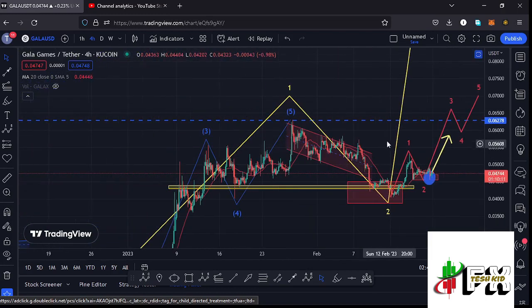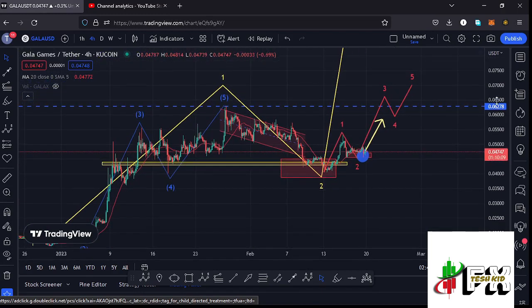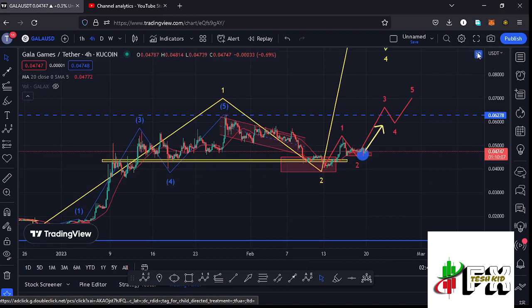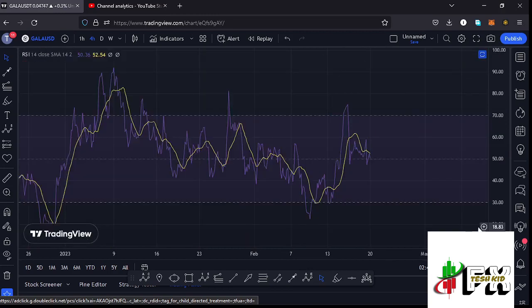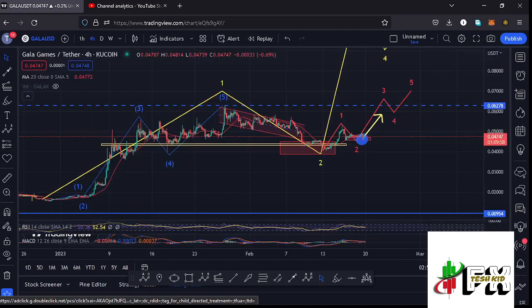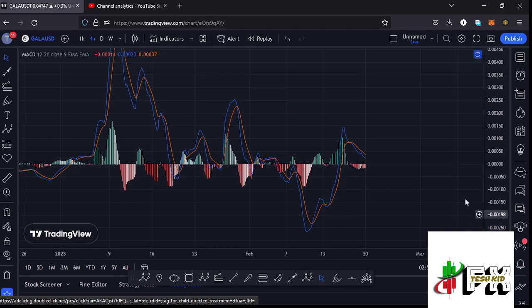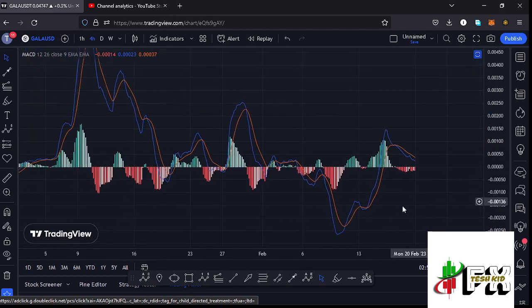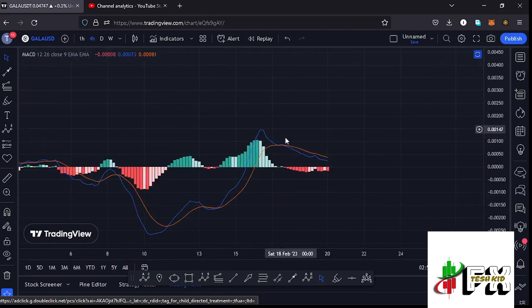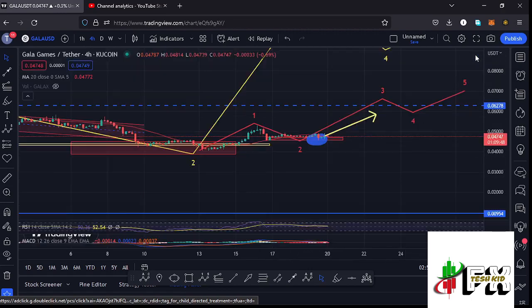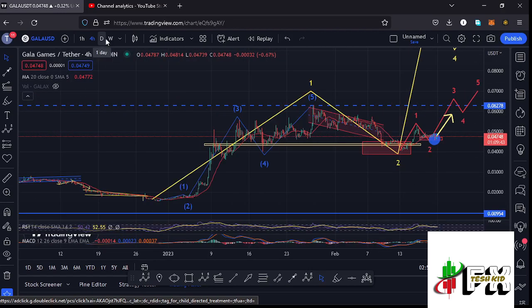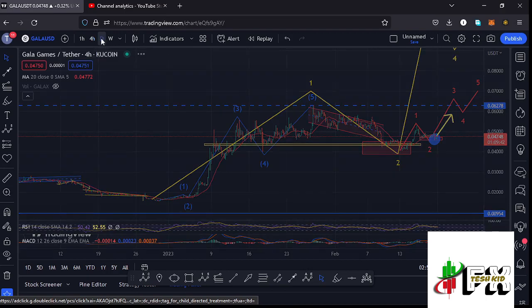And before I give you the long-term scenarios that I'm expecting to play out, allow me to first take a look at the indicators, where on the RSI you can see we are trading at around the 50 mark, meaning we have massive room for us to fully support higher prices in the formation of that higher Elliott wave count 3. Also taking a look at the MACD, we have been able to print a bearish crossover here, but we are seeing a sharp decrease in the selling momentum, meaning soon we are going to be able to print that bullish cross to fully support higher prices in the formation of that wave 3.